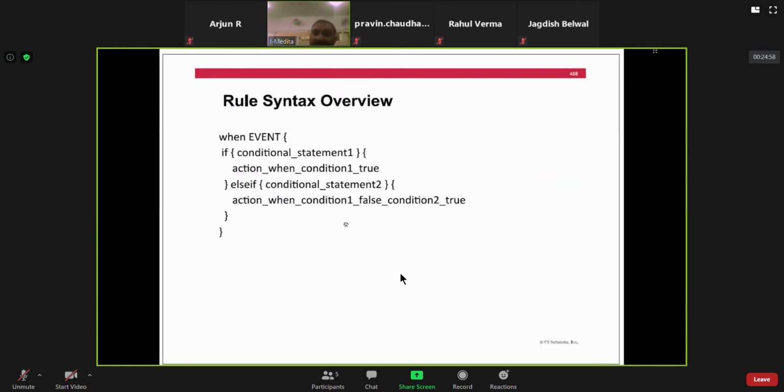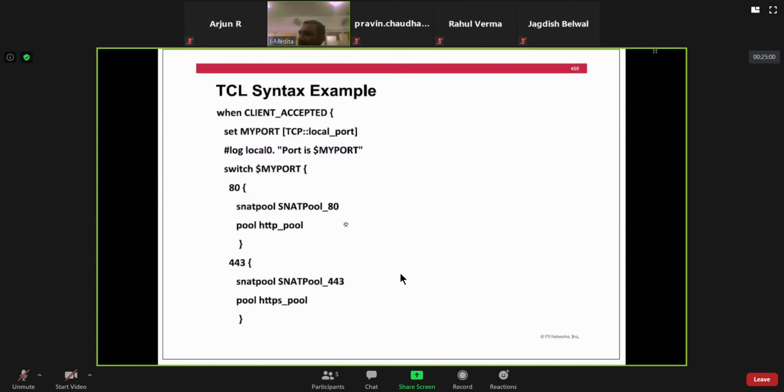Similarly, you can see here, if the client is accepted, like the three-way handshake is completed with the client, then I have to set my TCP local port, and then log local0. That's what I want to perform logging, right?